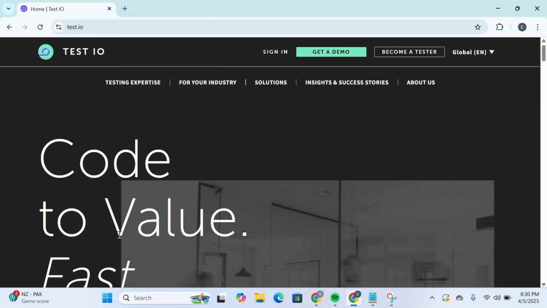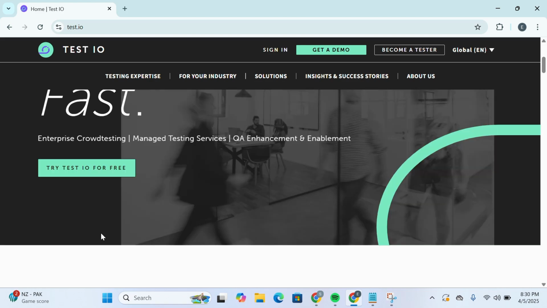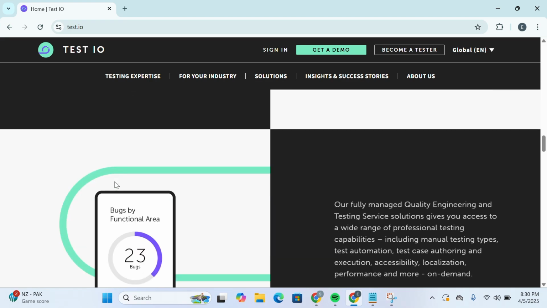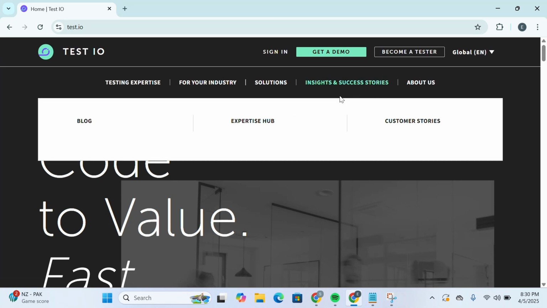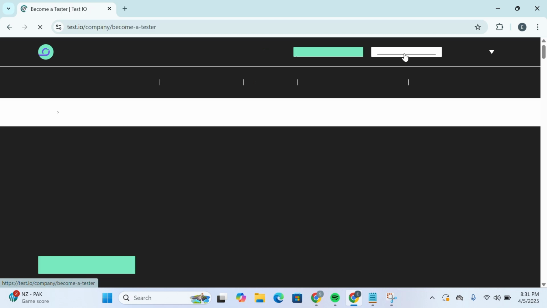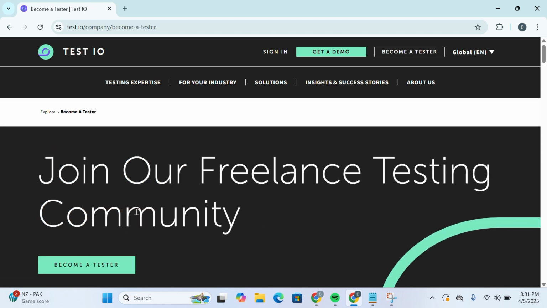Over here, it says code to value fast, and you can try test.io for free, and you can just head over and read some information about it. If you wish to get a demo, you can simply click on get a demo. If not, you can simply click on become a tester. And once you do so, you will be redirected to an interface like this that says join our freelance testing